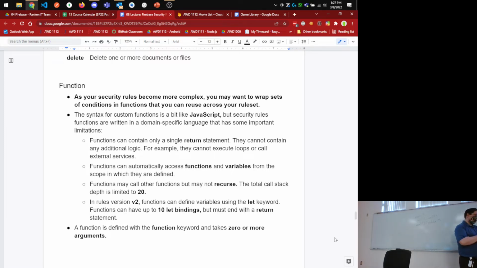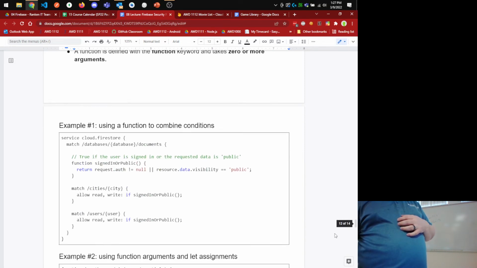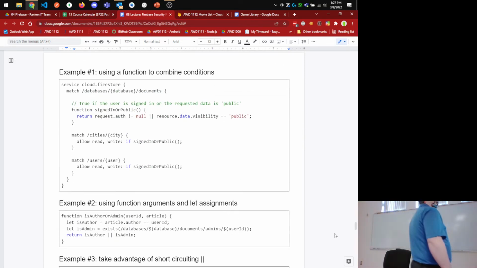Functions are defined with the function keyword, and they can take 0 or more arguments. They can actually take arguments if you need them to. So, some examples. Let's say we have this case where you've got documents, and we want them to be accessible if either you're signed in or if they're marked as public. So we're writing a function here, function signedInOrPublic. This is going to return true if one of those two things is true. So we're saying request.auth does not equal null, kind of the same syntax that we've seen with JavaScript and other languages, or